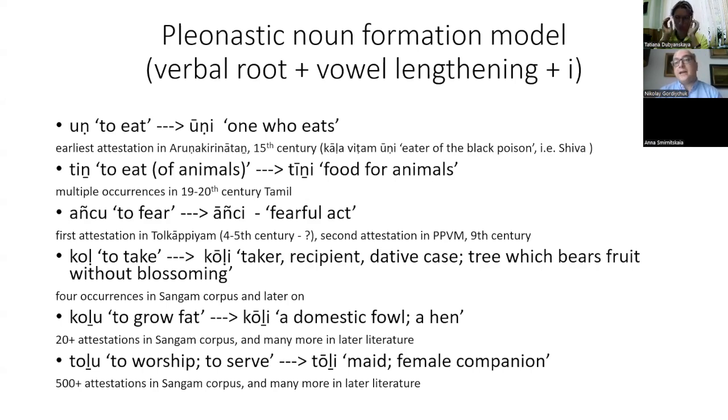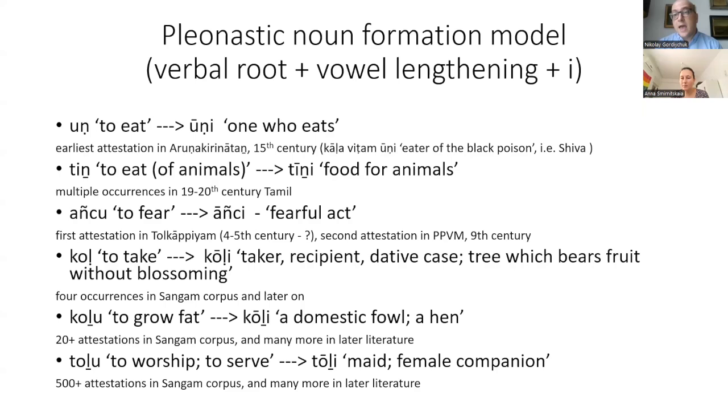I would like to talk about one noun formation model which is rare and, at least to my knowledge, has never been described before as a model. Probably it was not described because it has only 6 words. At least I could find only 6 words that actually fit into this model. I call it the pleonastic noun formation model because it represents a combination of two morphological tools, that is, the verbal root